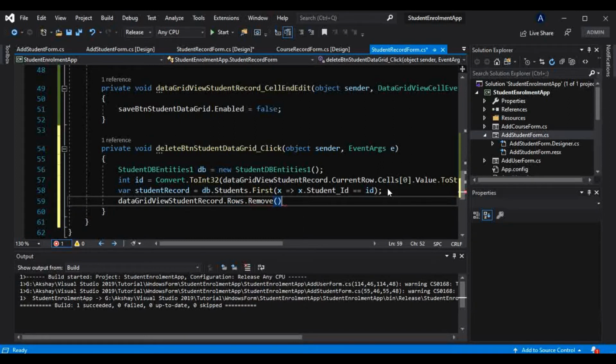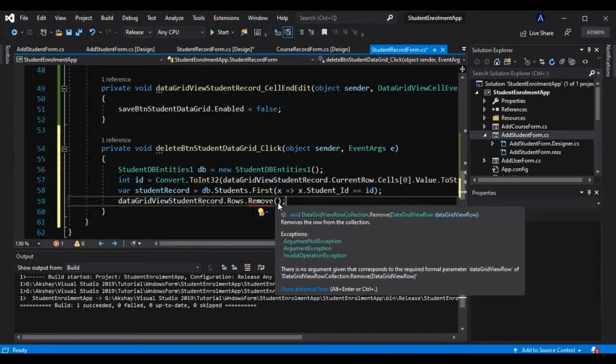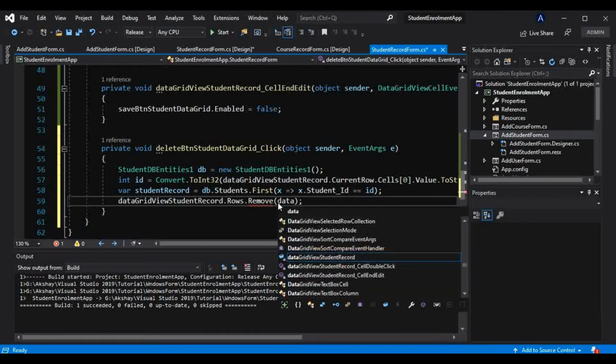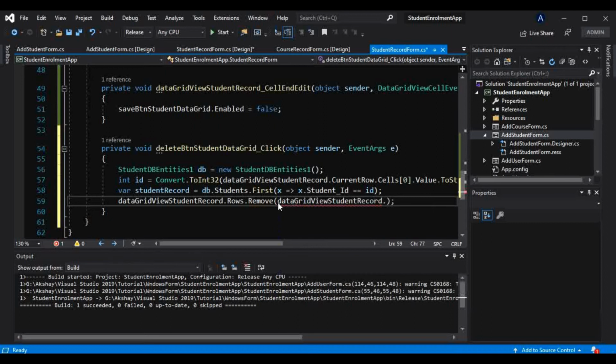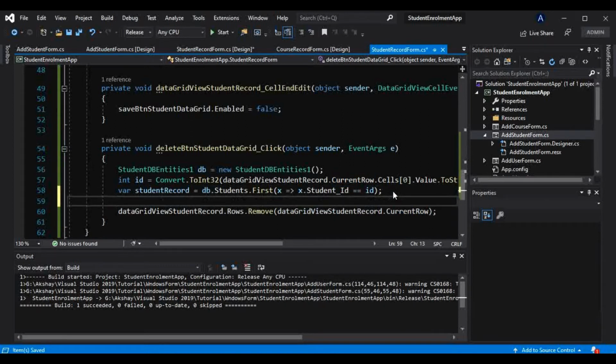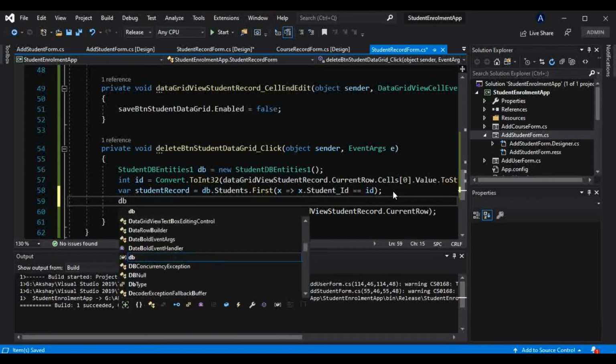Okay, and in that remove, what we have to pass is whatever row we want to delete. So what row do we want to delete? DataGridView student record dot whatever current row we are in. So we are selecting whatever the current row is, and having done that, we have to remove that from the database as well. Okay, so db dot